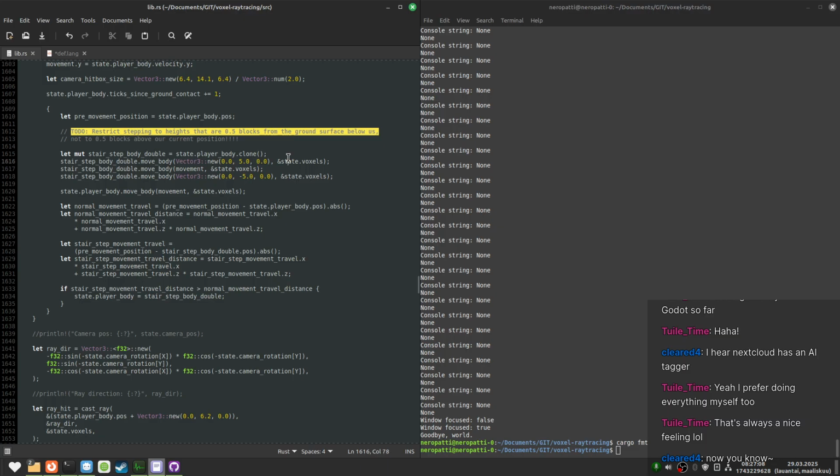Have this here, and alright, we first want to move down half a block, and we want to see how far the ground is, basically. We want to get the distance to the ground.